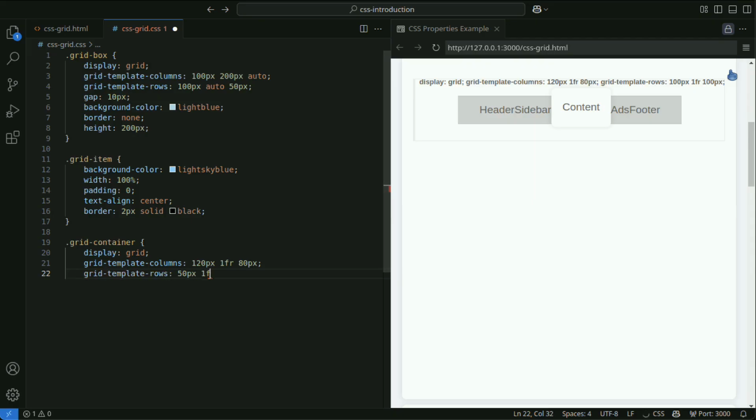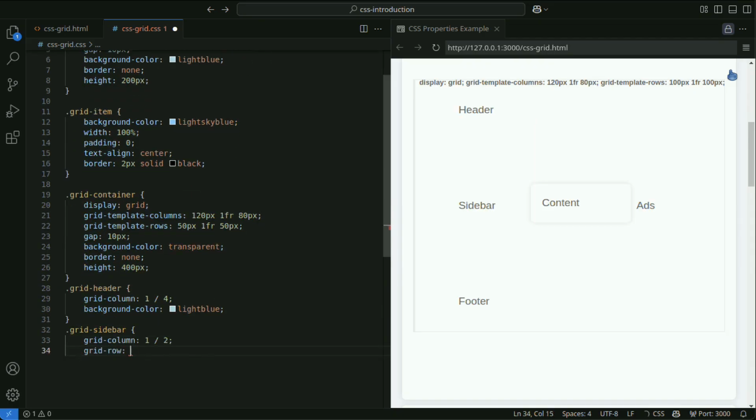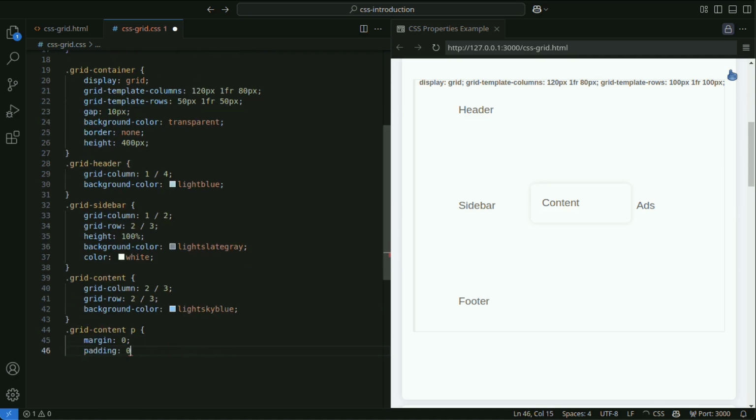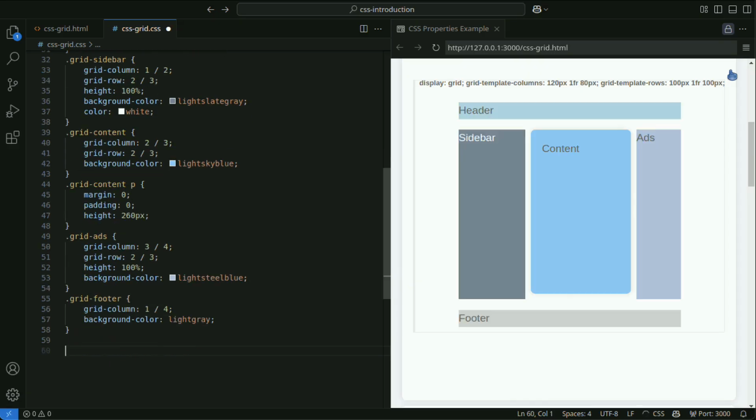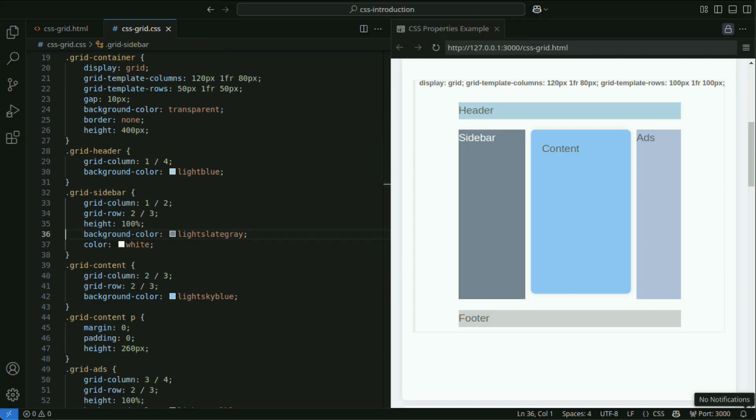Let's look at examples of complex layouts using grid. In this way, grid allows you to create an entire web page layout with simple code. In this example, there are 3 columns, sidebar, main content, and advertisement, and 3 rows, header, content, and footer. The header and footer occupy the full width of the page, with the content in the center, and the sidebar and advertisement on both sides.